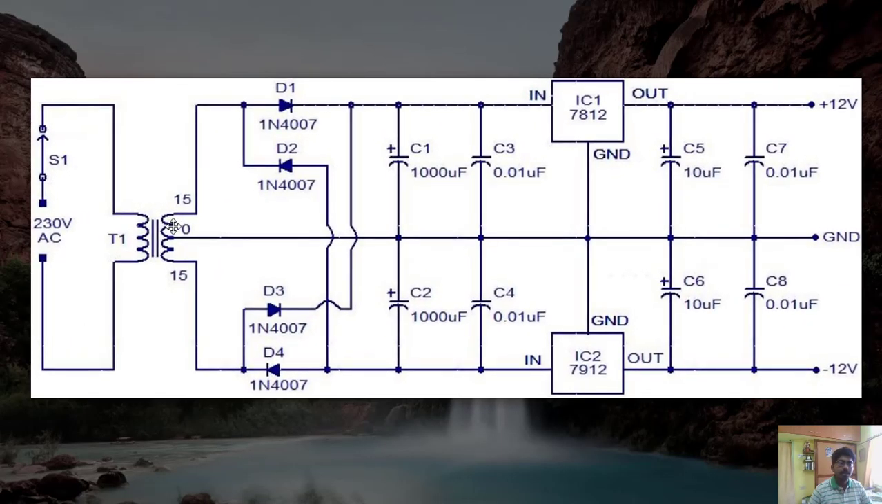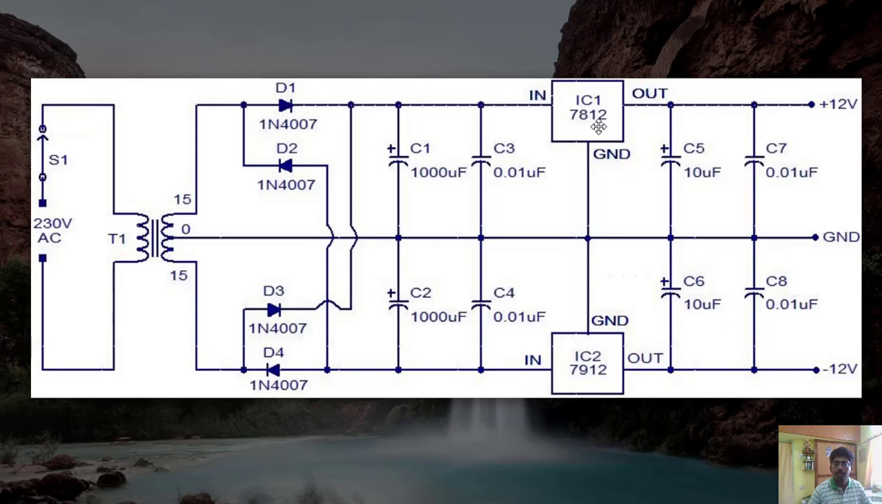Okay, here is the transformer. It's the primary side and secondary side. The primary is connected to 230 volt AC. In the secondary we are having the rectification process, and there are 4 diodes to rectify it, and we are having the capacitors C1, C2, the 1000 microfarad, C3 and C4 for filtering purposes, and then we are having the